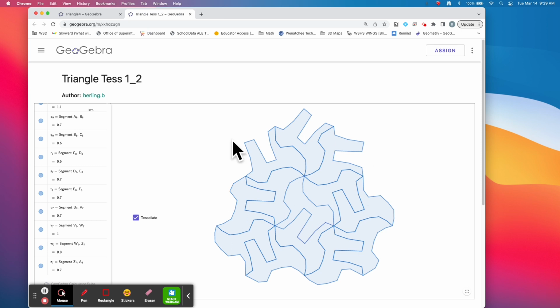So that's one of the ways you can tessellate a triangle. We're going to look at some of the others. You can kind of see how they all rotate around a certain point, and that's a critical